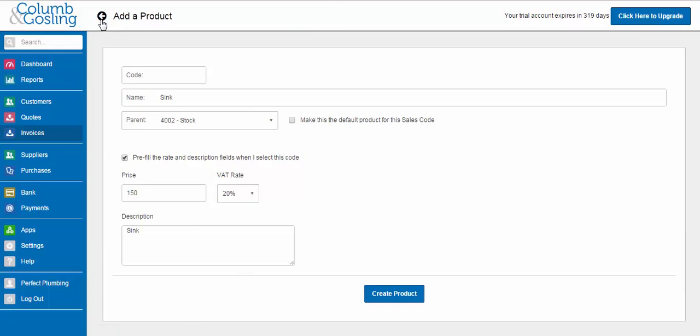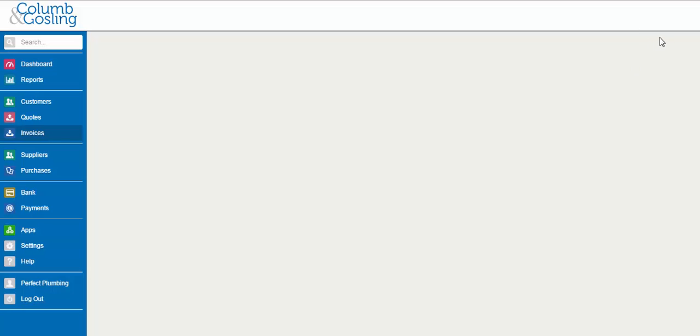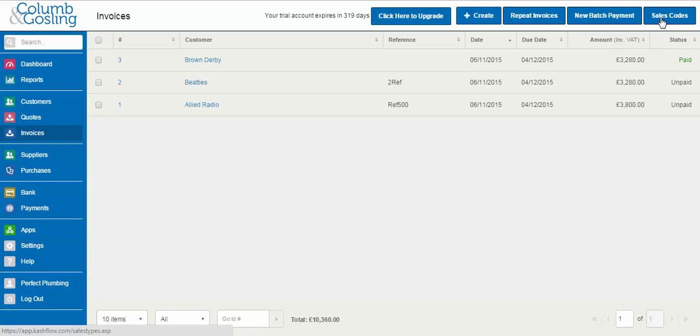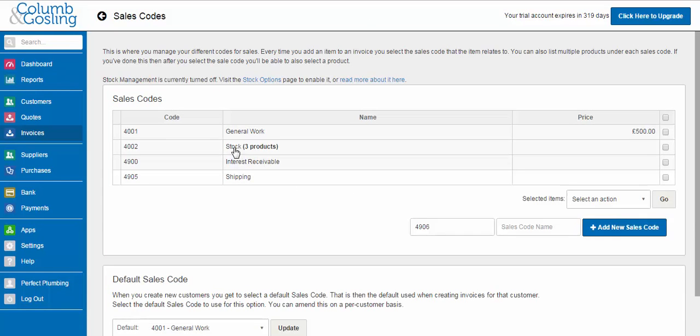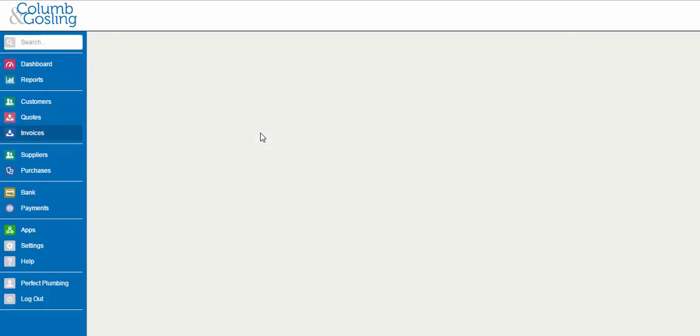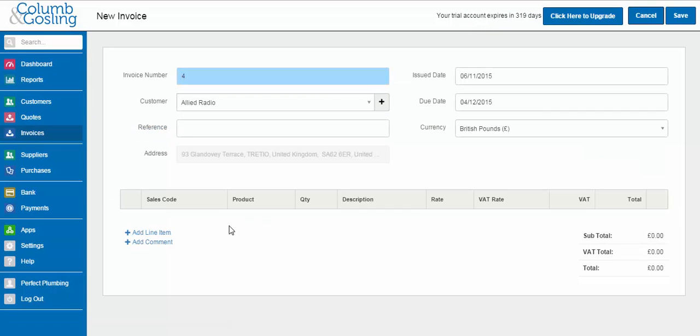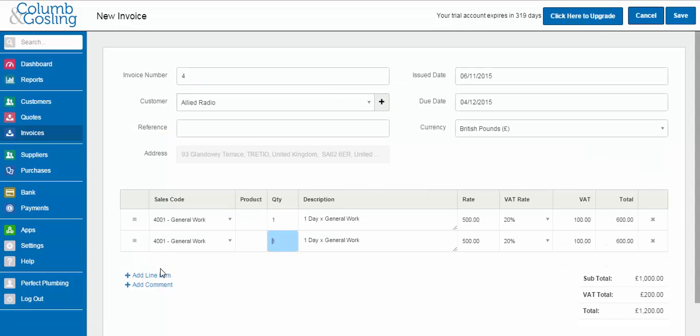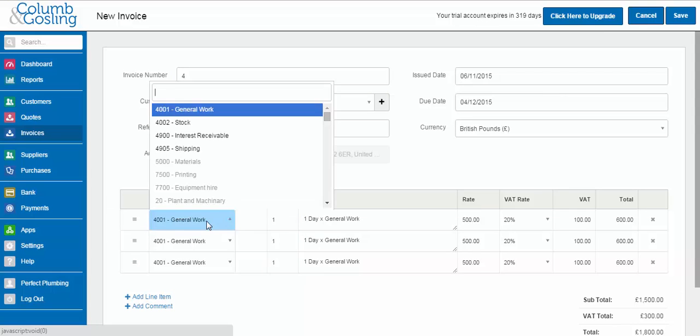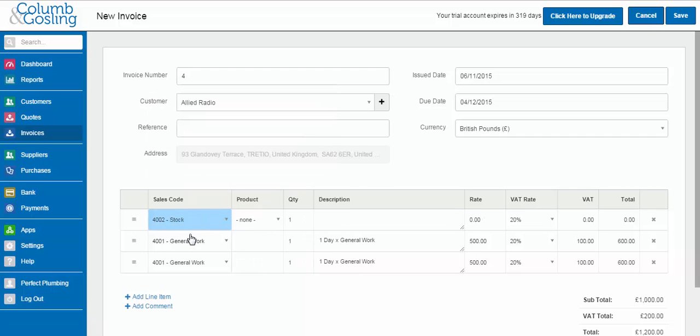So if we just go back into invoices on the left hand side, and if we go back into our sales codes on the top right, we will now see that my stock code has got 3 products listed against it. What that means now is when we click into a quote or an invoice and we choose that as a code, so I'm just going to create a new invoice at the top of the screen. We're going to add some line items in here. Now if I choose 4002 and we go and choose our stock,